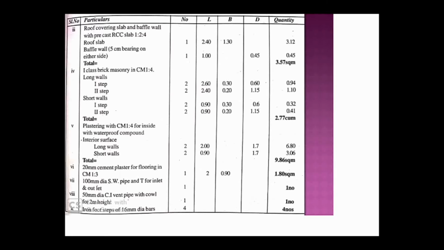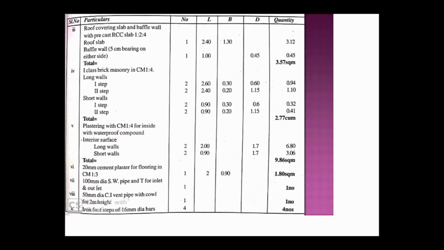When you are going to provide the baffle wall, when you insert a baffle wall into a wall, there will be some bearing we have to provide to fix that baffle wall. That bearing I am going to take as 5 centimeter on either side. Either side 5 centimeter extra, whatever length we get, we have to consider. That is your baffle wall. And as we know, we want the result only in square meter, so we consider any two dimensions, length and breadth, or maybe length and depth.